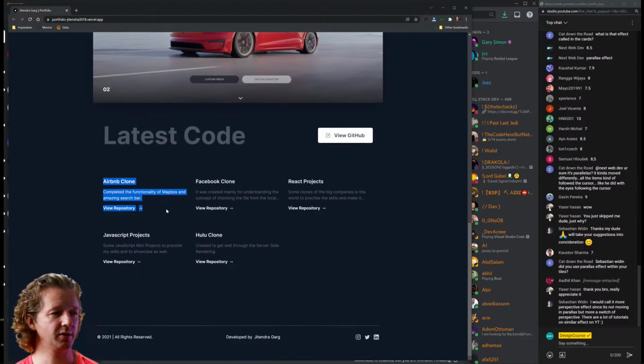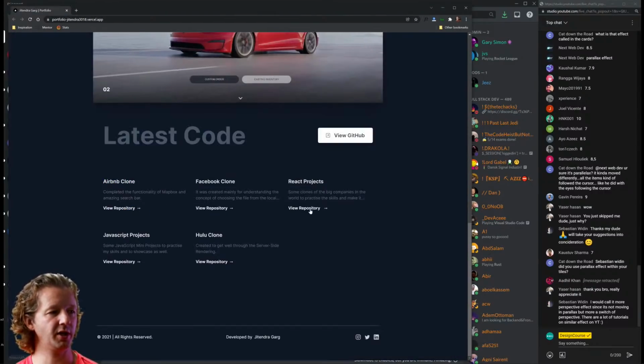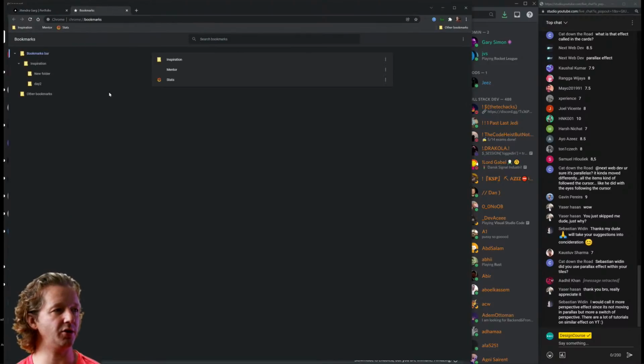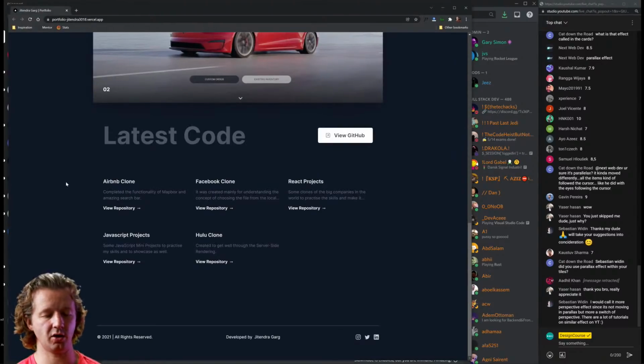I like this down here. Not everything has to be in a card format. So this is pretty decent. I would probably style the links and color them a little bit. That way you create a good visual hierarchy between the two.